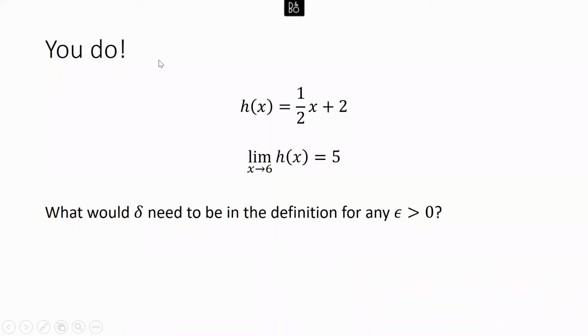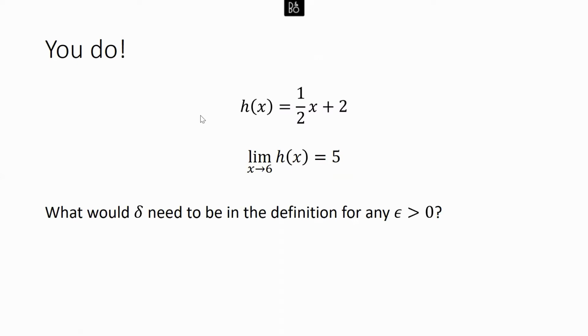Right, so we're doing this you-do problem. If you've done it, hopefully you've done it. You get the idea. And if you did it and you have no problems, feel free to skip this video. Make sure you have tried it though, either way.